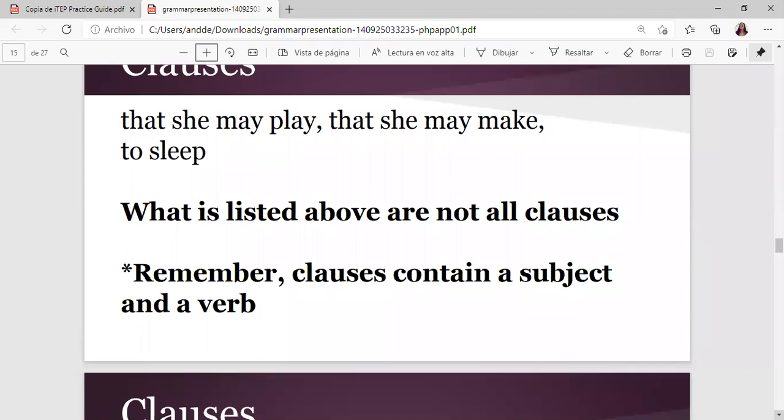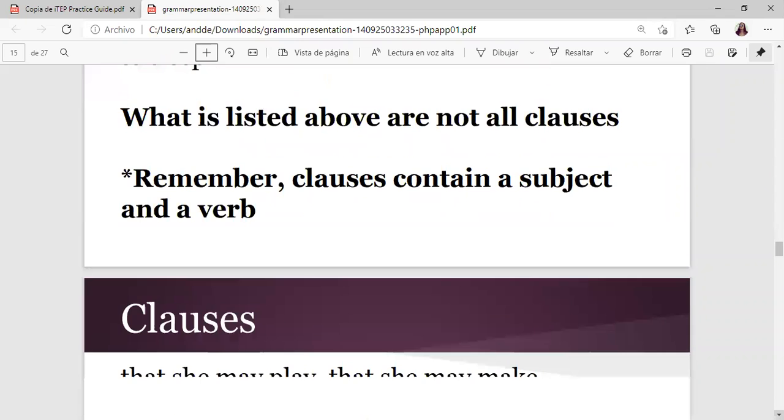What is listed in this sentence above is not a clause, because remember that clauses contain a subject and a verb, and here we have that she may play, that she may make, to sleep, and it is an incomplete thought. It doesn't have the correct order of